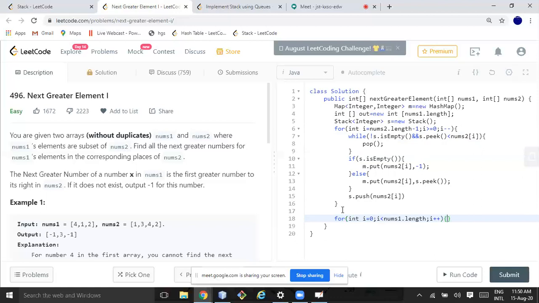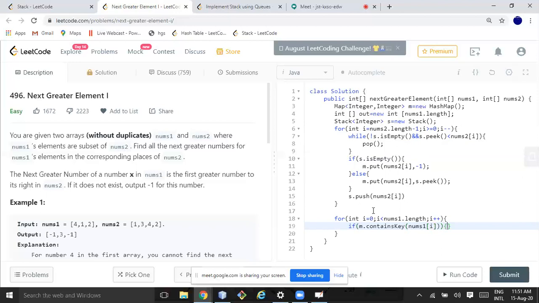After that, I'll check if m.containsKey nums1 of i. If you have attended my map class, then you must know this.